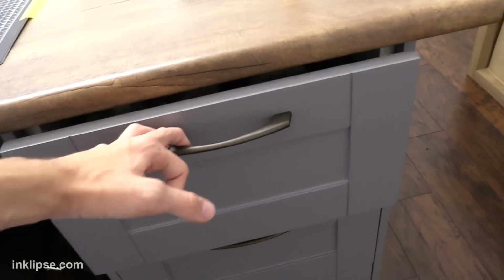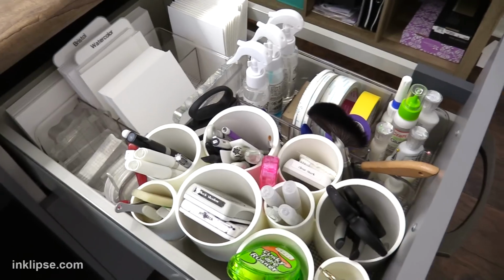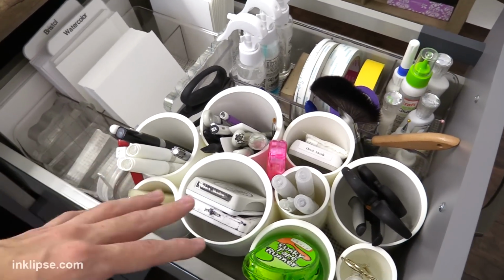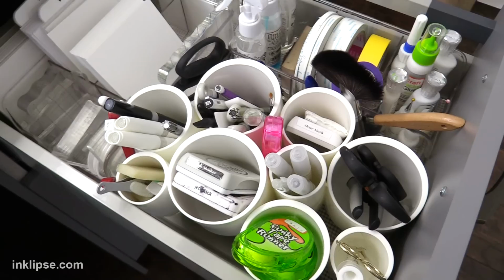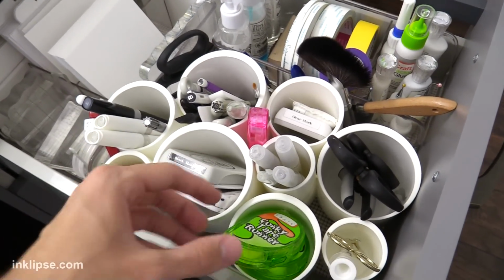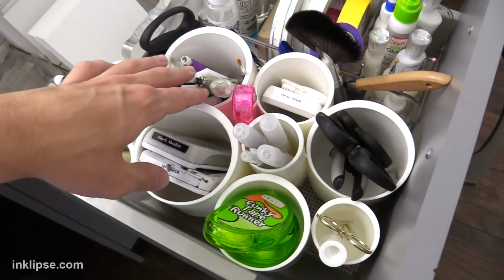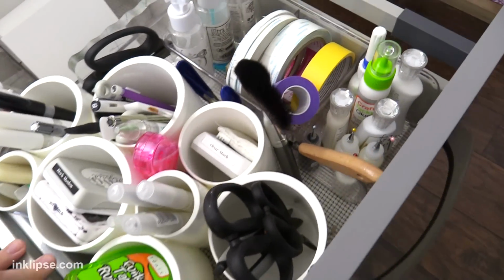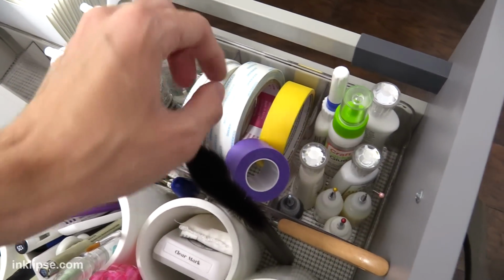So moving on into this top drawer here, this is where I keep all of my most used tools. And to be honest, I keep this drawer open mainly whenever I'm working. So I've got my Boon Organizer in here with tons of different tools. Jennifer McGuire had one of these at the beginning, and I thought it was really awesome to store your stuff, so I just keep my adhesives, scissors, inks, and lots of different kind of random tools in here to really keep me organized. And then over here I have different adhesives and strong tapes and stuff like that, as well